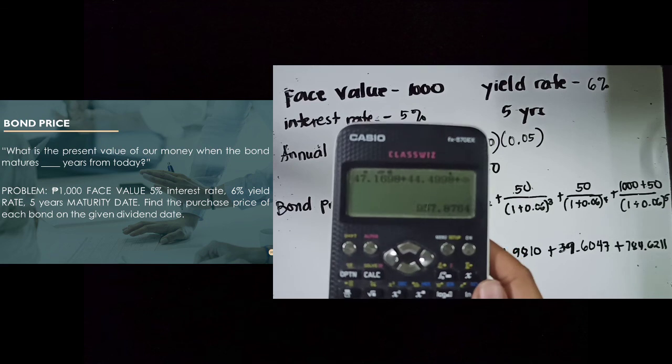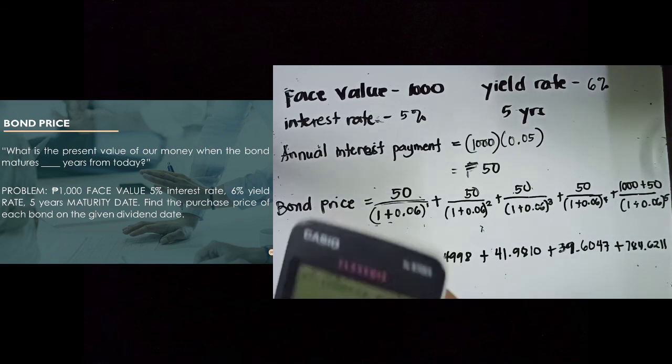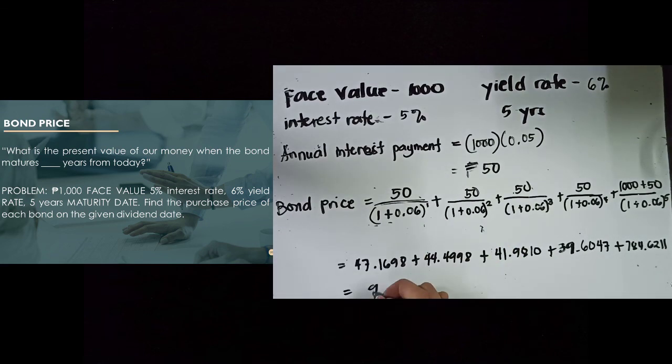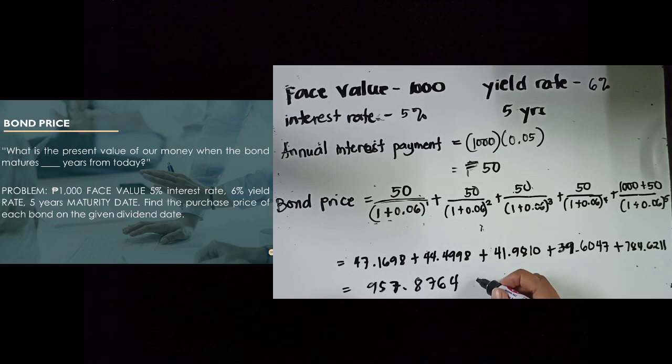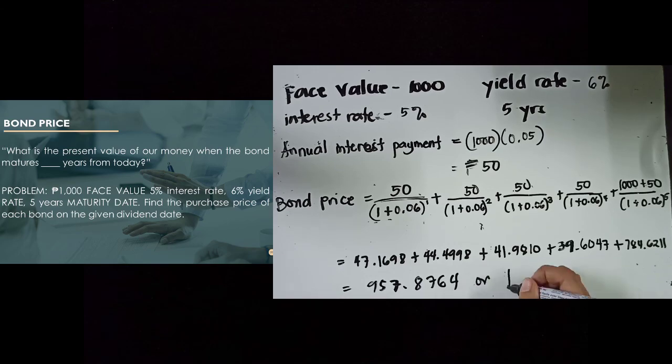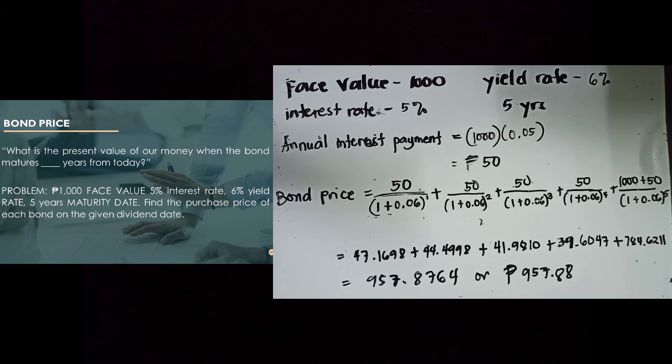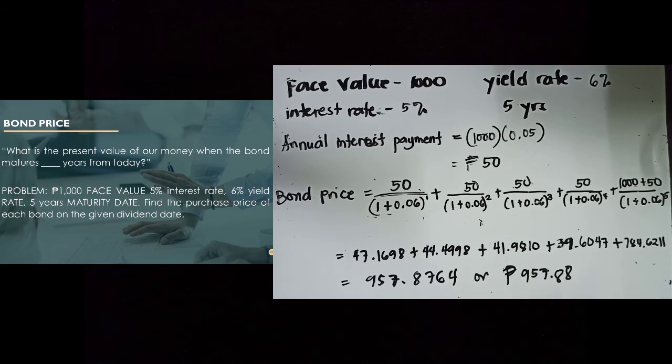Again, 957.8764, or 957 pesos and 88 centavos. Okay? So again, this is the bond price. Pag may questions